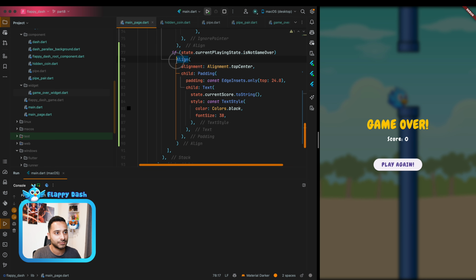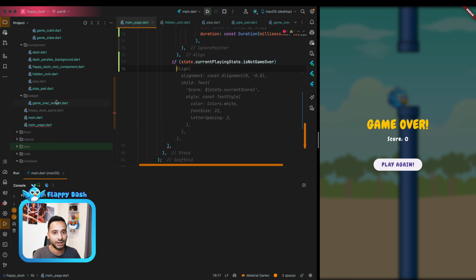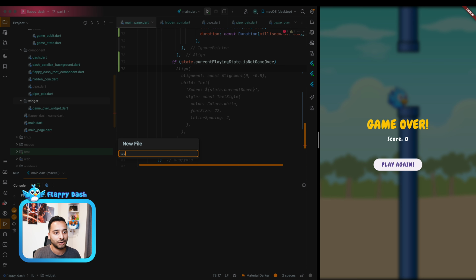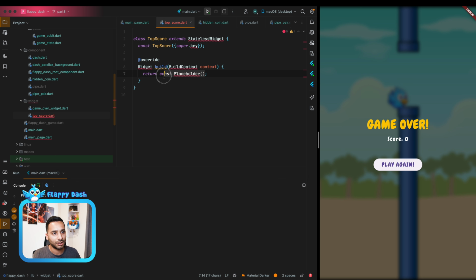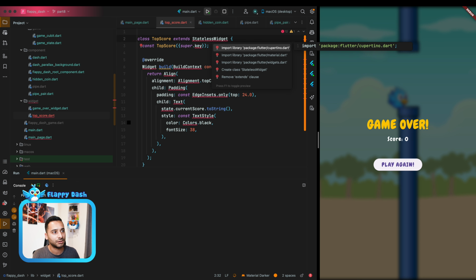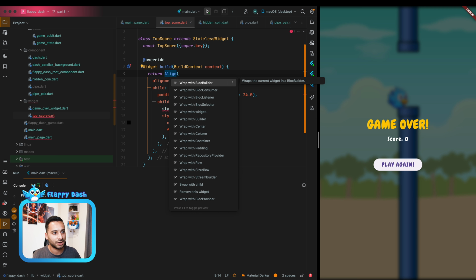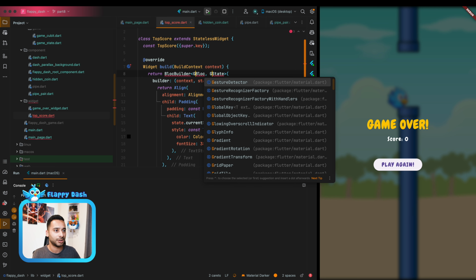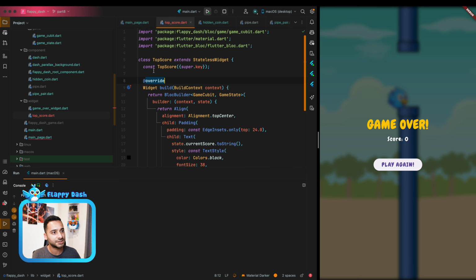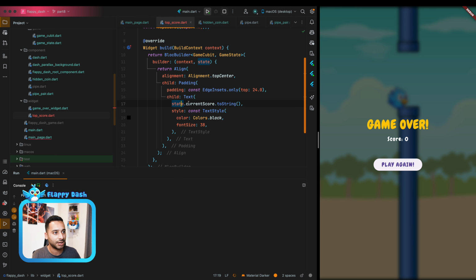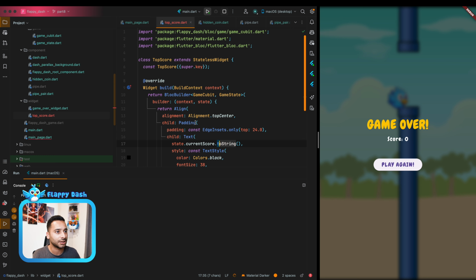Yeah, by the way, we can just separate these widgets. For example, I can create a new one called top score dot dart. So I can just have a stateless widget, and it's gonna be this one. So we can just wrap it with the block builder, and it's gonna be a game cubit. So it has the state independently, so you can just use this widget, and it knows where it should get the current score. So it uses the game cubit dot current score to string,